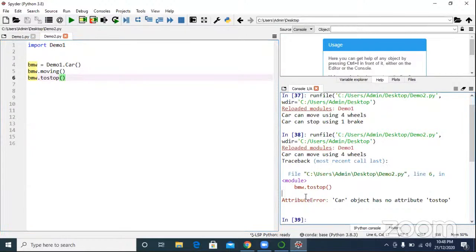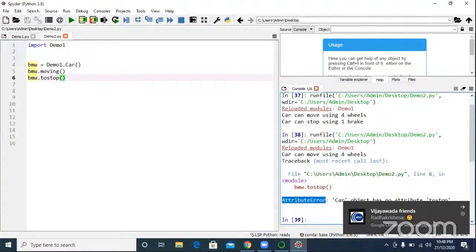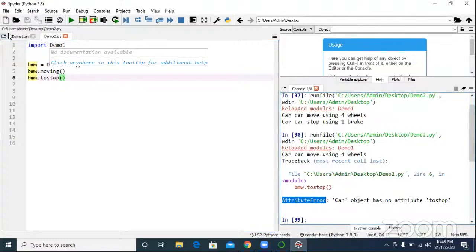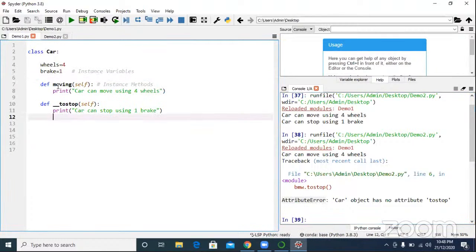What is the error? Attribute error. So public methods can be called outside. Private methods cannot be called outside of a class. Are you understanding? What is the purpose of a private method?